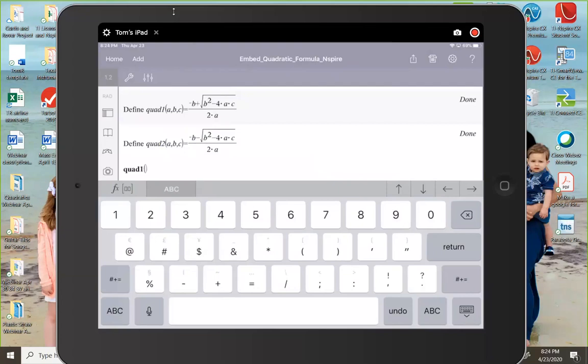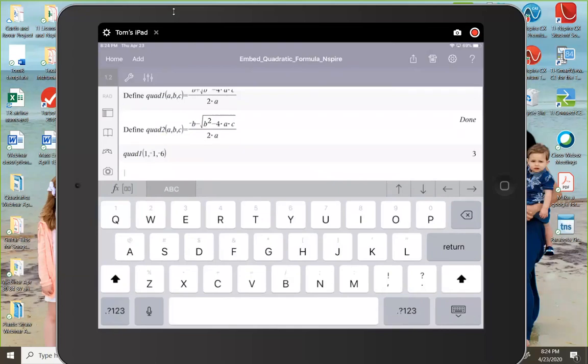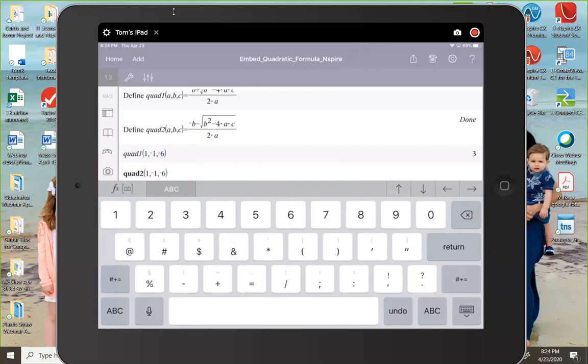That would mean A is 1, comma, B is negative 1, comma, and C is negative 6. And one of them is, I think, 3. And if I want to do the same thing but with quad 2, I can just change that 1 to a 2. And it'll give me the other solution,